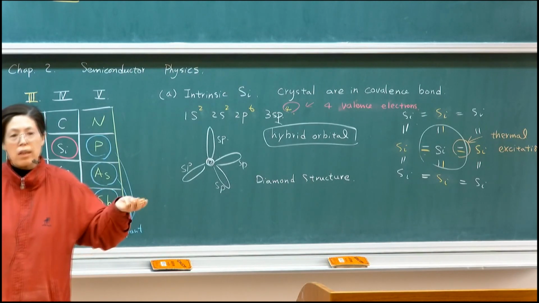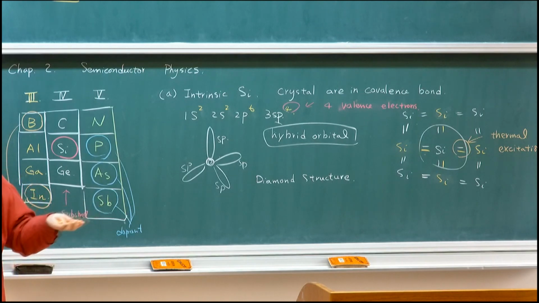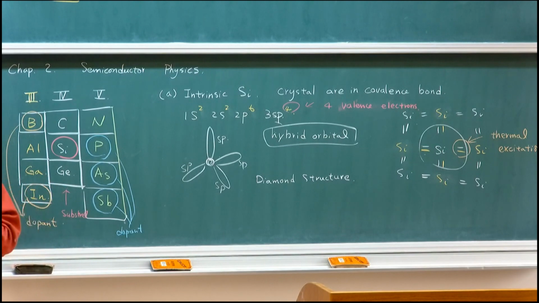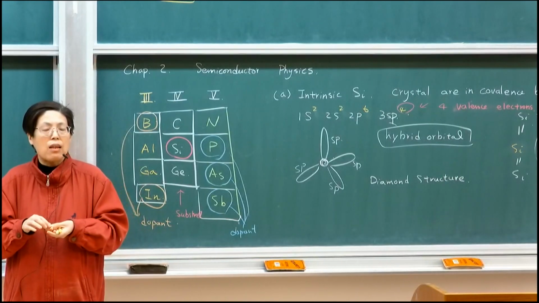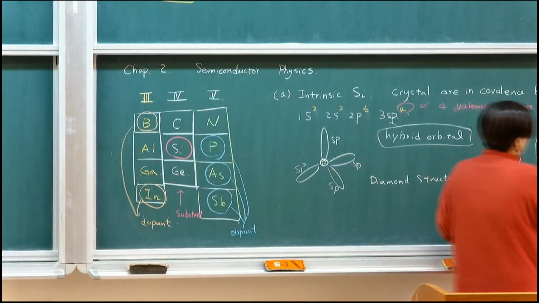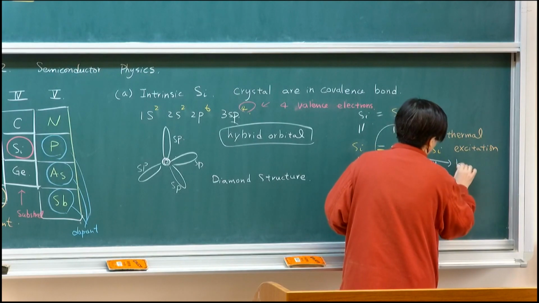Therefore, every one of these covalent bonds is intact, meaning that they're perfectly linked. But if I give you some energy, by probability, there will be one that collects enough energy to break this bond. So if I have enough thermal energy to break the bond,